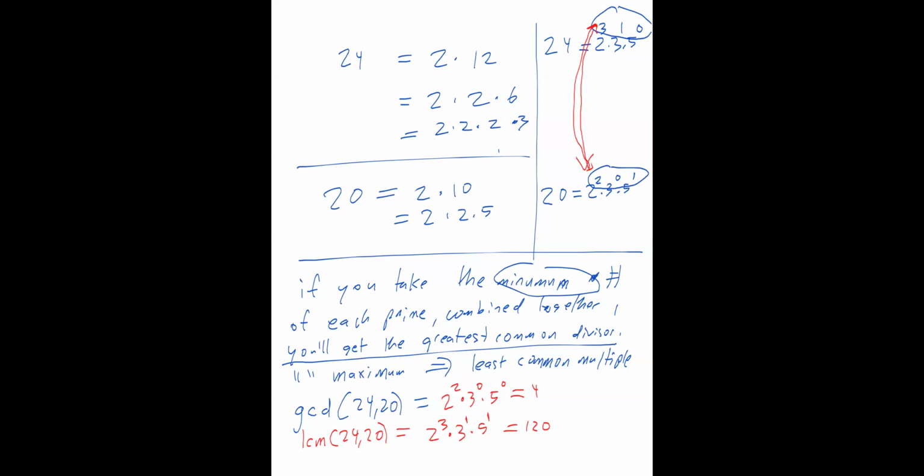The GCD is just the smaller numbers that are in common. The LCM is just the biggest power of each possible combination of powers. So is there any better way of doing this? Well, first of all, there's a slightly better way of understanding it, maybe more intuitively, that I can show you. And then there's an algorithm for finding, at least for finding the LCM, at least. No, not the LCM, the GCD. So first, let's talk about the